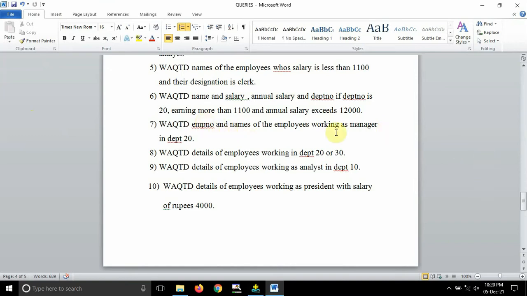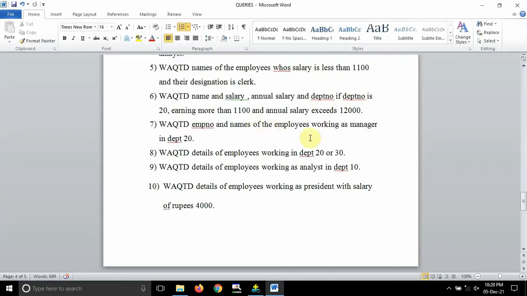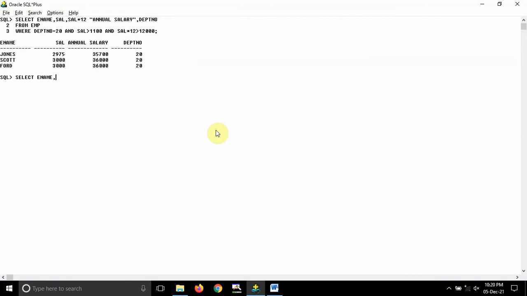Now let us move ahead and try to solve the 7th one. Write a query to display employee number and names of employees working as manager in department number 20. So this is also same guys, I need to display employee number and names of the employees. So I will write select employee number, after that employee name. I will be selecting these things from the EMP table